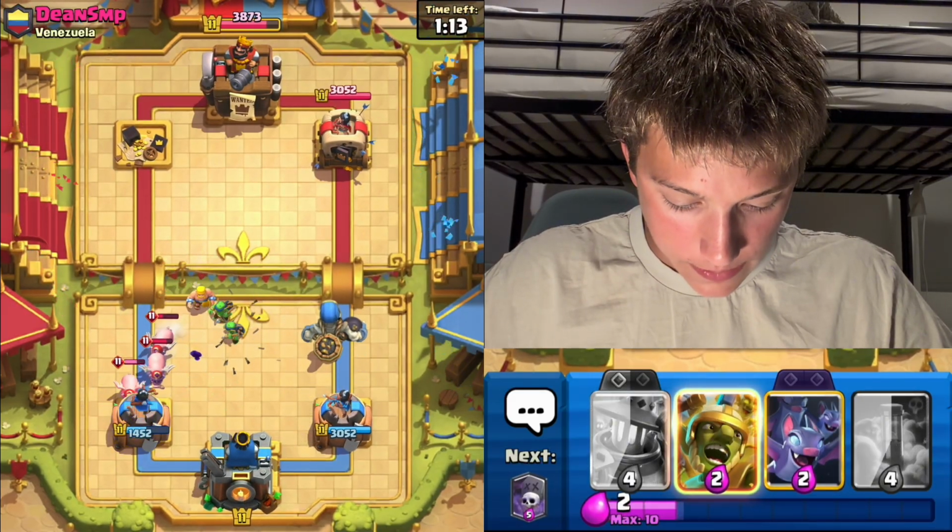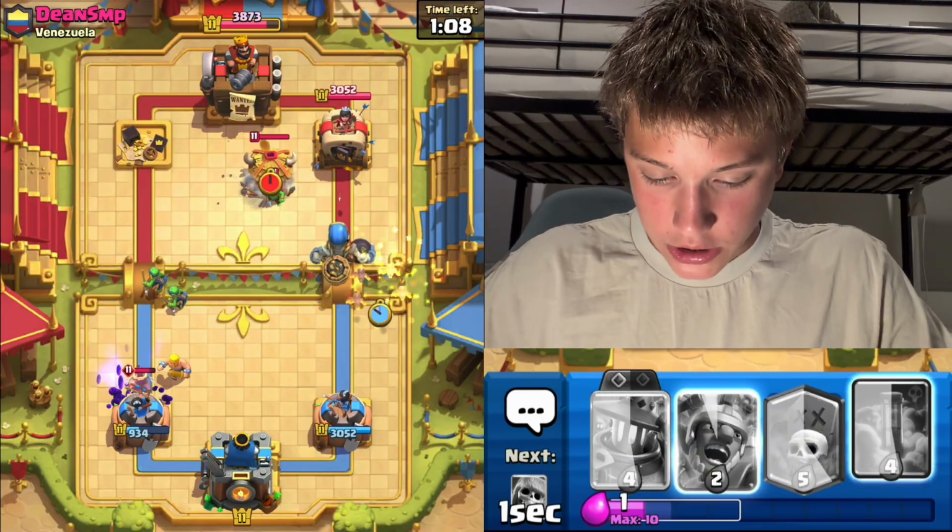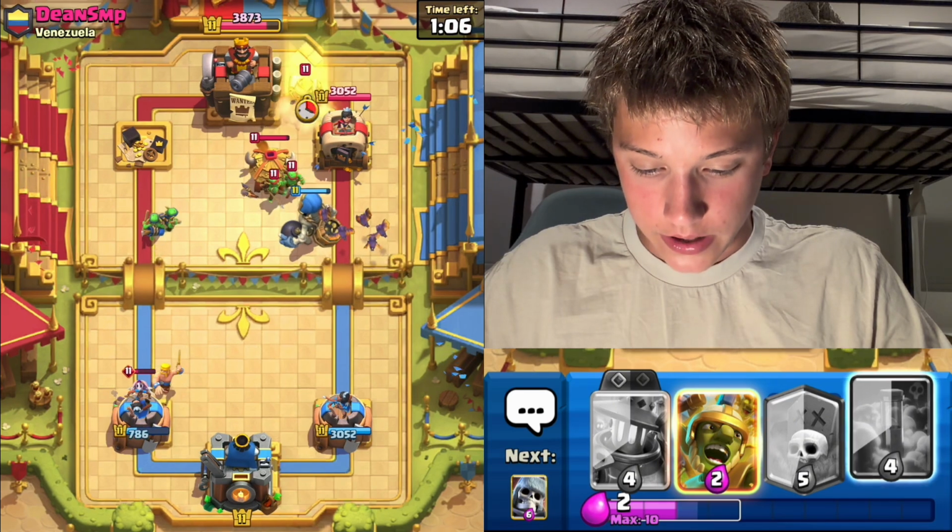We do have a few Spear Goblins still alive to help with the chip, but we are obviously receiving quite a bit of damage on our tower, unfortunately. But do we really have a choice? Not really. So let's go for this here. It'll be interesting to see if he...